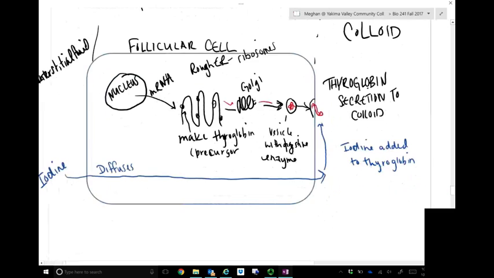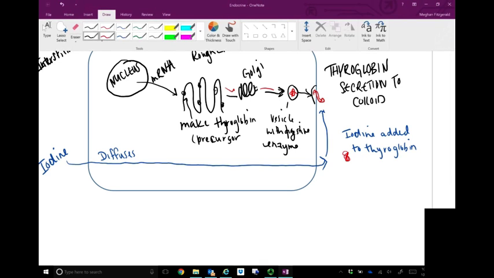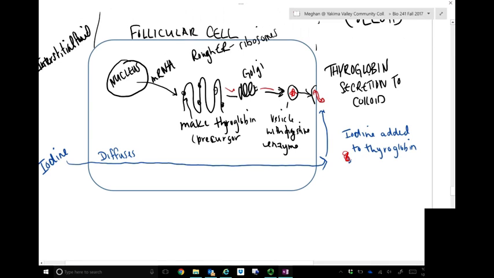So now we've got this thing, but then it also has this other little iodine on it or something like that. And I love my precise language there. So then when TSH, that thyroid stimulating hormone, is present,